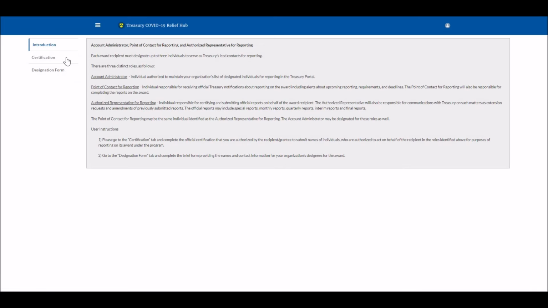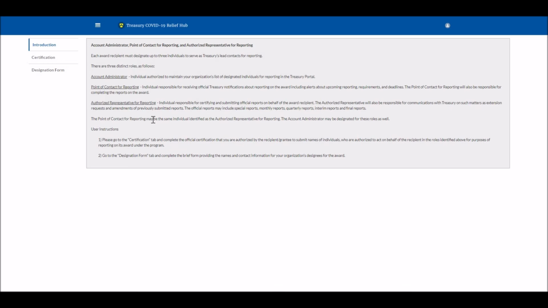That will bring me to these series of 3 pages where I'm going to see information on the 3 user roles within the Treasury Reporting Portal, and a description of each role.